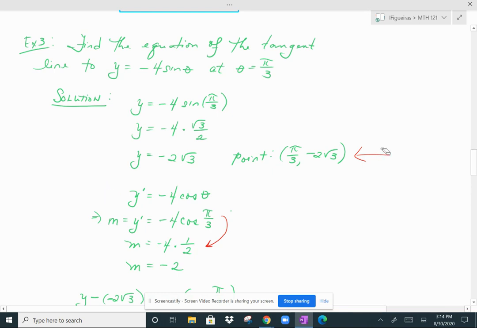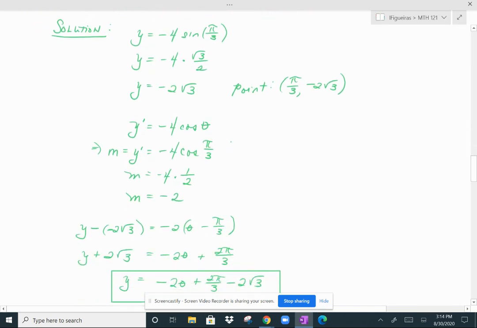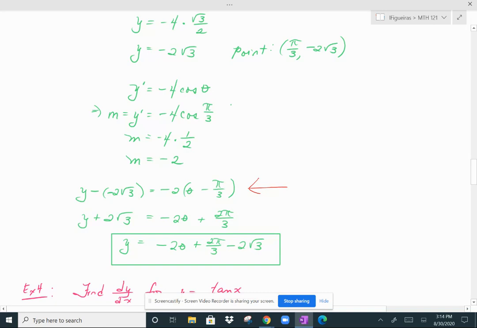-2. So now we're ready to use our slope and our point and plug it into the point-slope formula, which is what you see here. So I have y minus -2√3 equals -2 times theta minus pi over 3. So on the left side, you get y plus 2√3. On the right side, you distribute -2, so you have -2 theta plus 2 pi over 3. And then solving for y means you subtract 2√3. So your final answer, your equation of the tangent line is -2 theta plus 2 pi over 3 minus